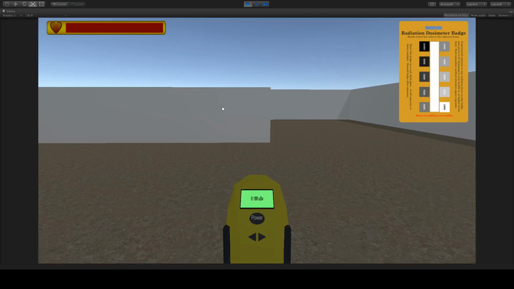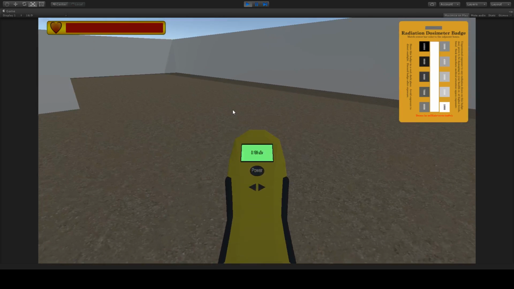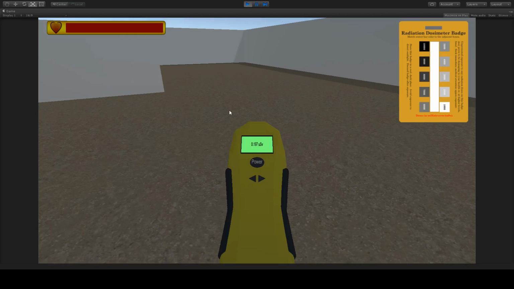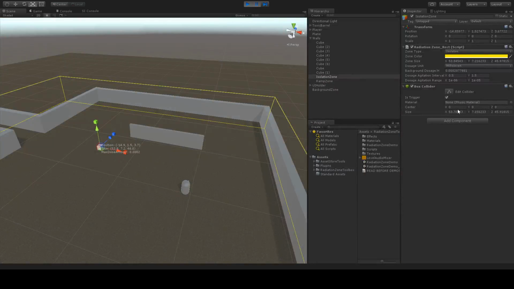So essentially, what you can see is the background. I'm in the isolation zone right now, and if you watch the dosage value here, you'll see that it's kind of bouncing around a little bit. And you can control how frequently that does by changing the interval. So if, in your isolation zone or in your radiation zone, you change this interval value, it will adjust how frequently it does that. So if you want it to bounce around a lot,